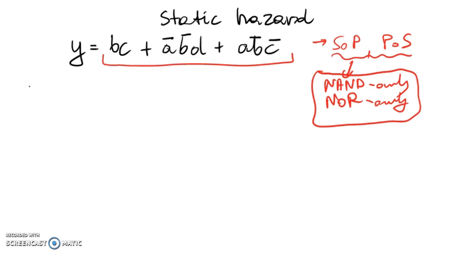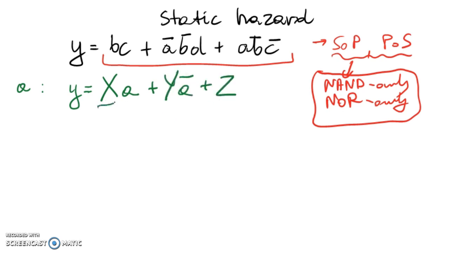You must verify if there is a hazard for each variable, for each input separately. So let's start with A, then B, C, and D. So with respect to A, you must redraw Y to have it in the form, let's say, X times A plus Y times not A plus Z, where the upper X, Y, Z contain all the remaining variables, inputs,